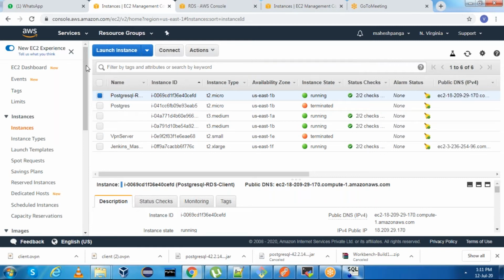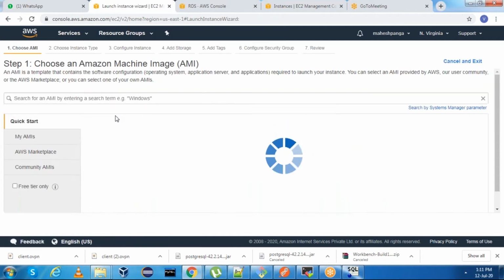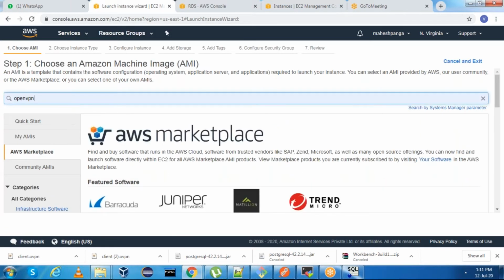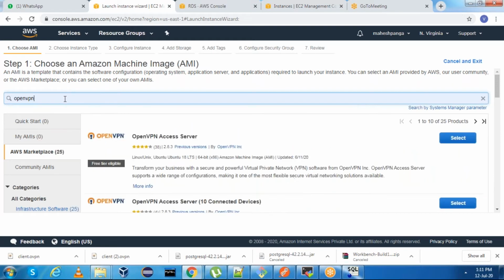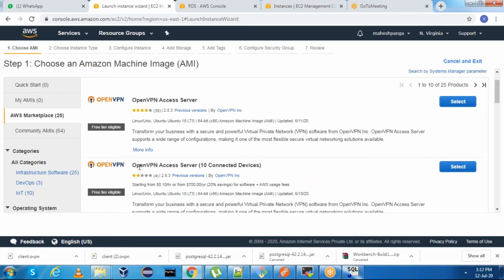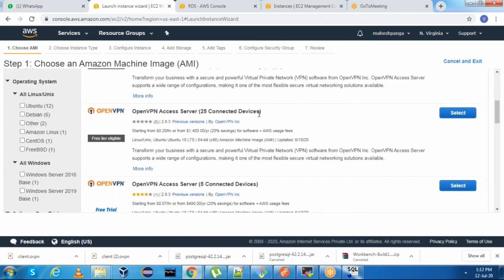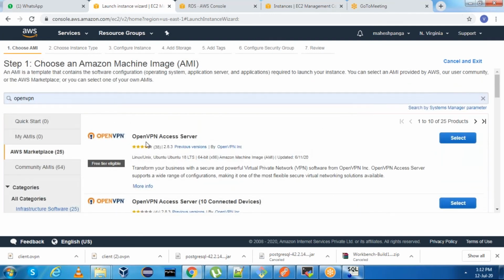Okay, let me install the VPN. Launch instance, go to AWS Marketplace, type OpenVPN, and press enter. This is the OpenVPN Access Server. If you want licensed versions, they support 10 connected devices. We have 25 connected devices as well. I am going to take the first one, OpenVPN Access Server, which is free.